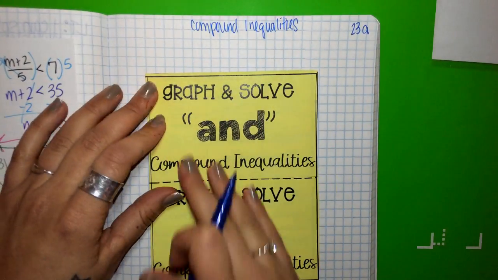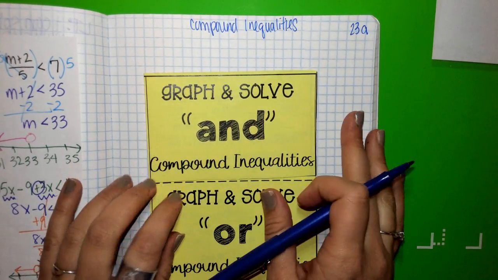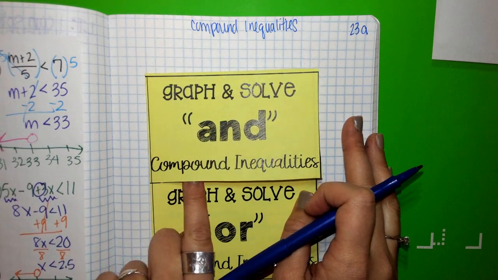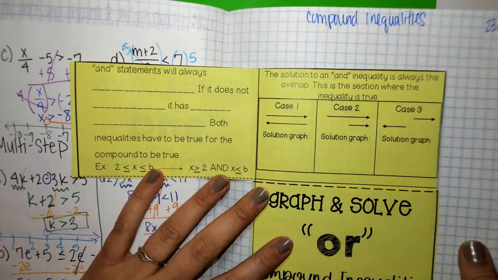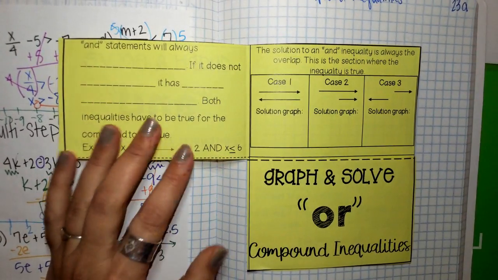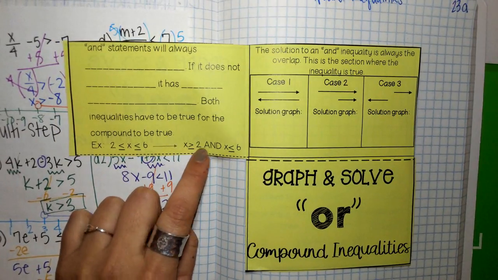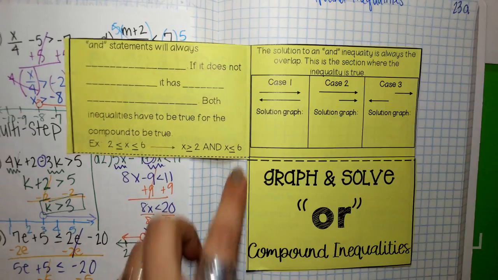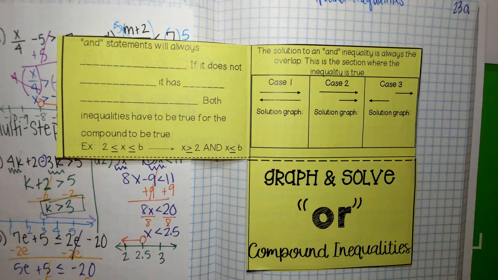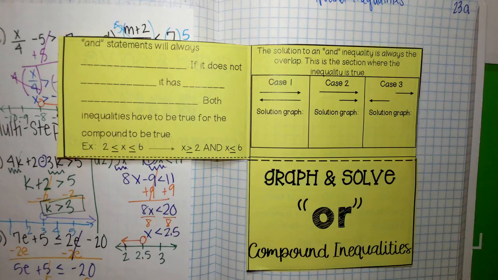We're going to talk about what it looks like to graph AND compounds. Are you ready? All right, open this. So AND means that it would be x is greater than or equal to 2 and x is less than or equal to 6. So we have 2 different kinds of answers this time. And the graph of it